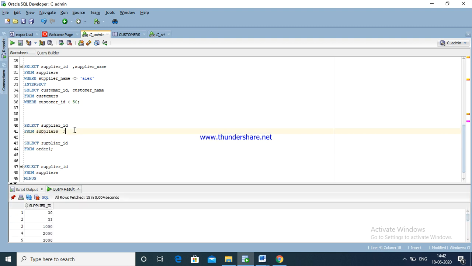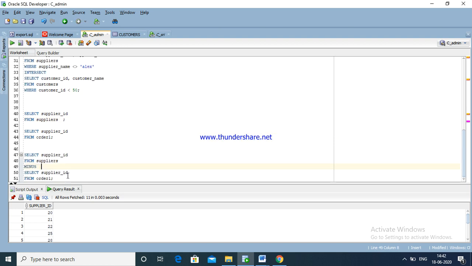Here we have 15 records and 2 records. So the MINUS statement will return, I think, 13 records or 11 records. I think here we have to use DISTINCT. Now it will show 13 records.